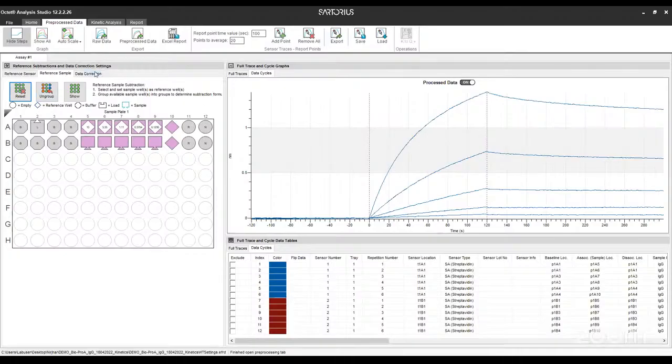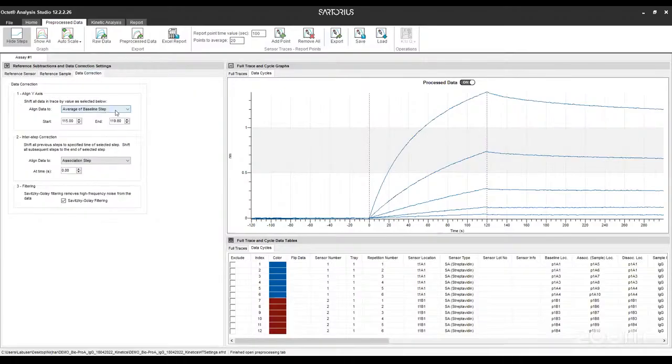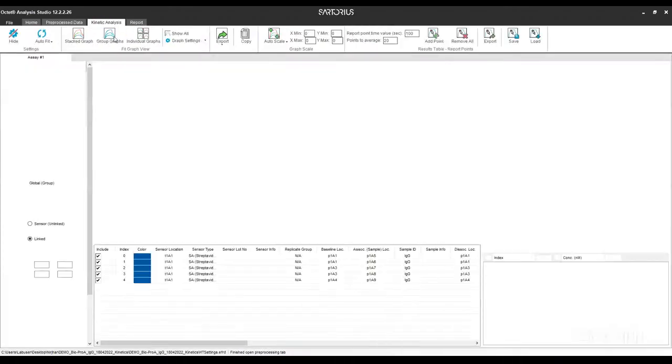That will also get subtracted. And then the data correction, we can take the baseline step, association, or something like that, and another interstep correction, so that all of these look like this, with one common start and common end, from the association and dissociation step as well. Then obviously we do some kind of filtering, and then we go to the kinetic analysis,